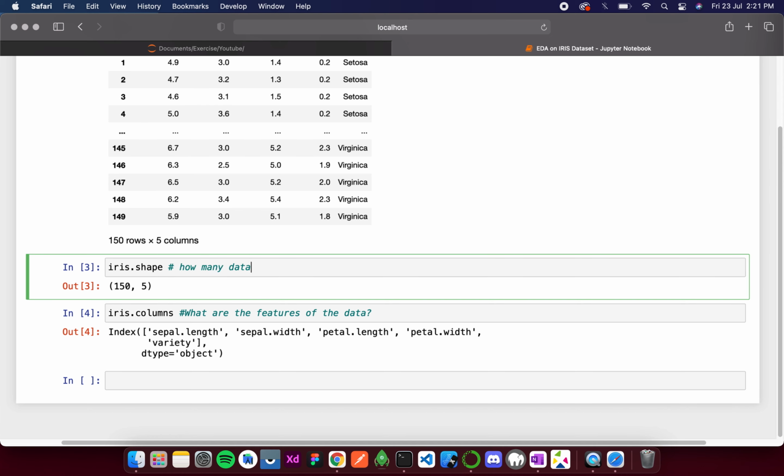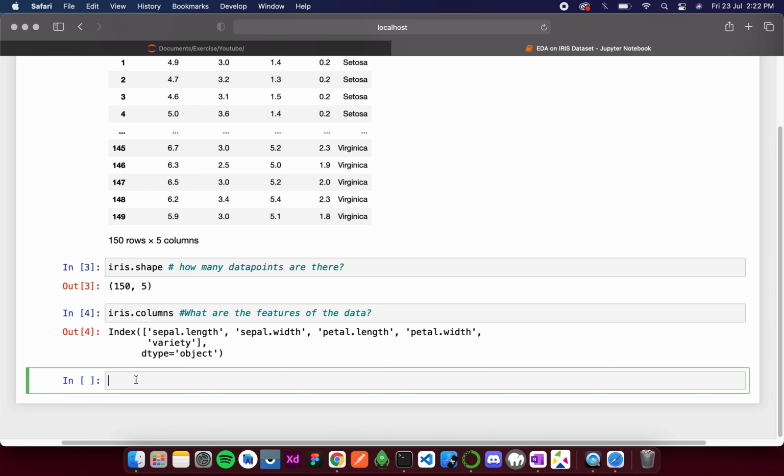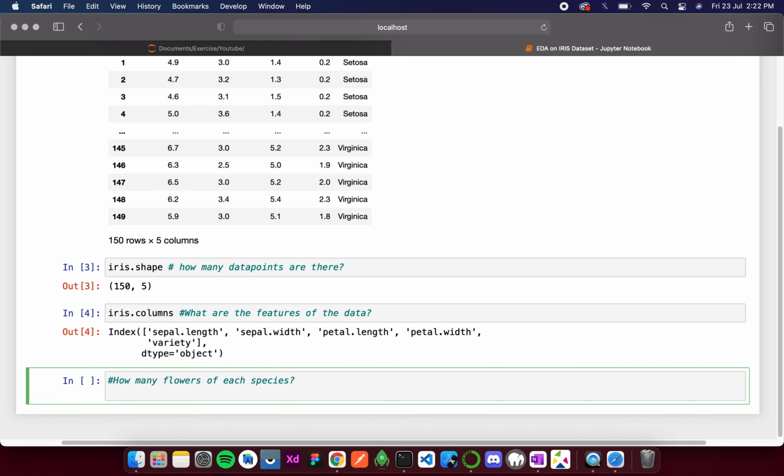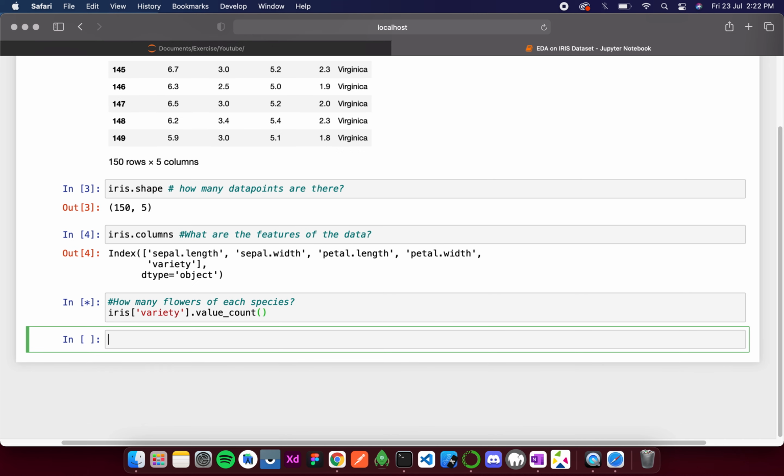How many data points are there, then this is your answer. Okay, now if the question is how many flowers of each species are there, for that we'll again use our Python code, iris variety dot value counts. This returns the number of items.